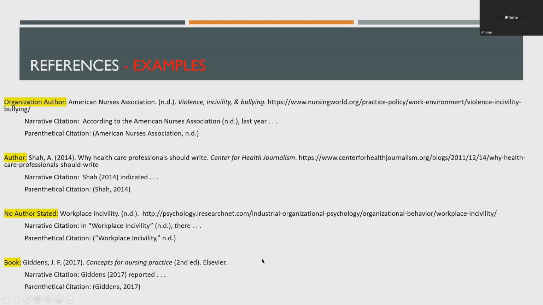Here's how you cite a book. Very similar. Books are an example of something that isn't published periodically. So we do put the edition. This is the second edition, but we don't need to put the month that it was published. And it's very likely that a book would not tell you what month it was published in. That's just information we don't really need to know. So I'll pause here again if you want to take a picture or a screenshot.